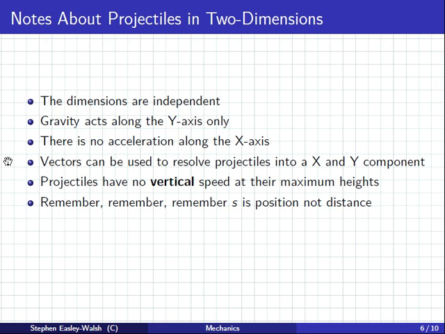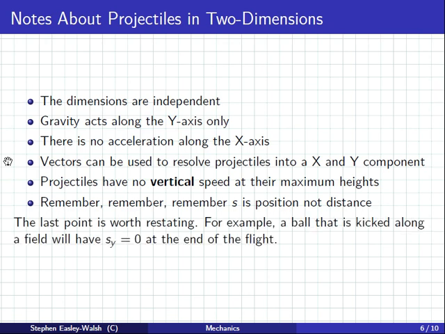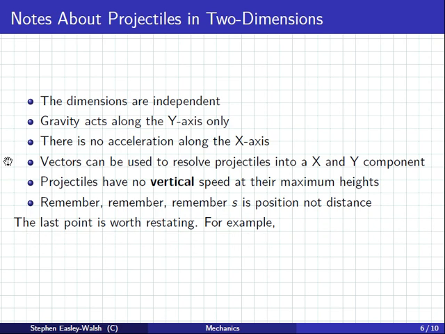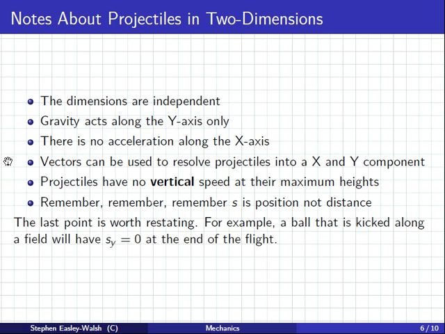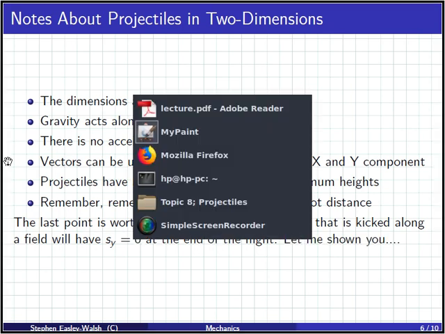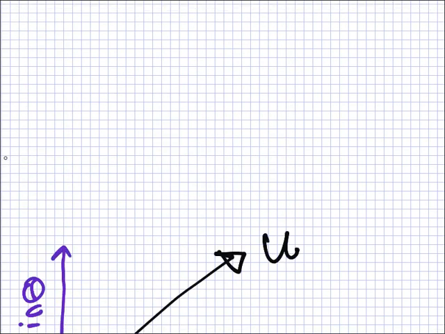And remember, S is a position, not a distance. And the last point is worth restating. For example, a ball that's kicked along a field will have Sy equals 0 at the end of the flight. Let me show you. So I'll go back to this in a moment. But if we look at this example here,